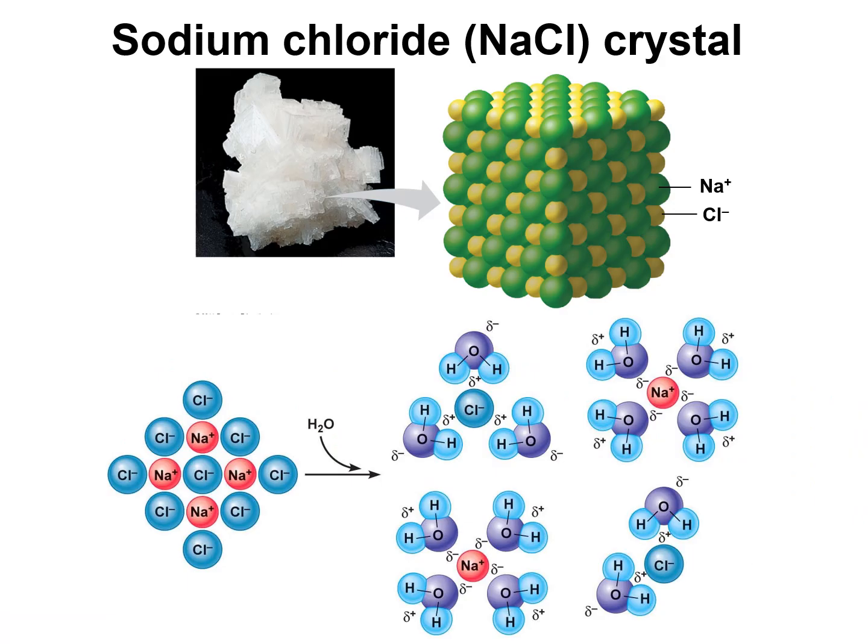So here is a salt crystal, and the ionic bonds are actually pretty strong when there's no water around. So if you take a granule of salt, it's pretty hard to crush, okay? But if you put that table salt into water, those ionic bonds will just dissolve, and the salt will dissolve